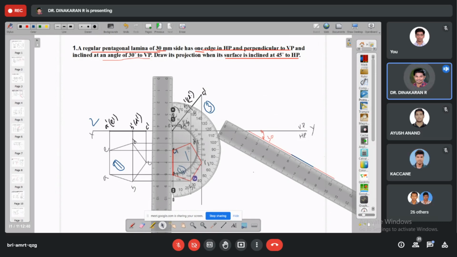If 72 is there, you can draw with the angle only. E2 to D1, how much angle is there? Otherwise use a compass, measure it and convert it to the final step. Okay. So, pentagon.